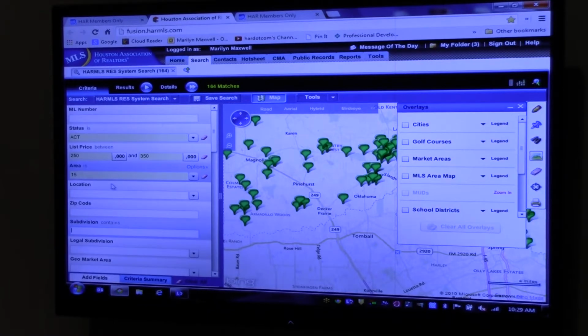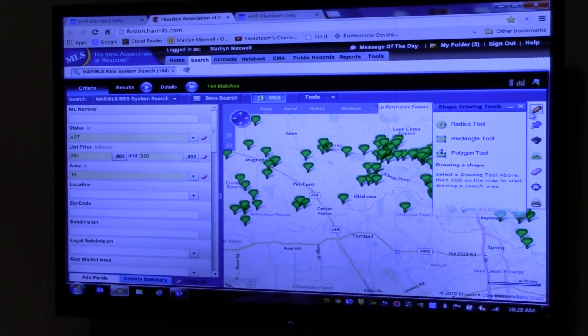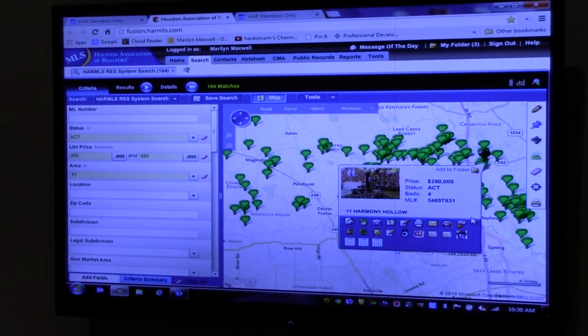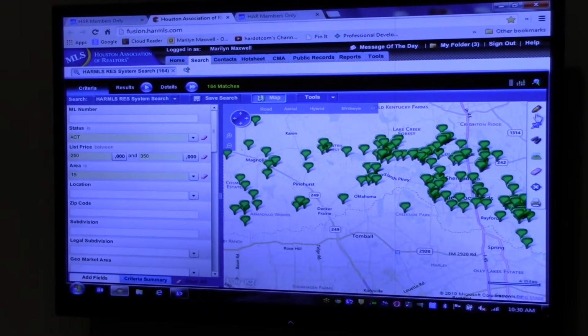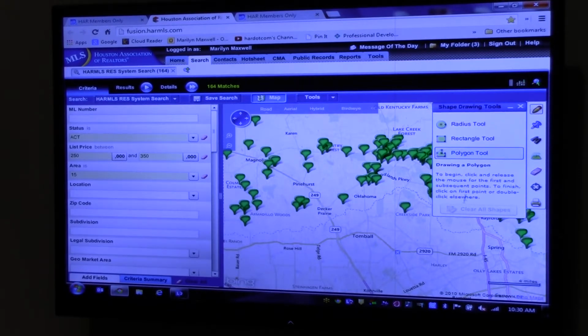Right. And that's also where the search by map comes in really handy. I don't know what you've called it, but I know it's right here, right? You can just draw a box and say, that's it, just look right there geographically. So again, I'll pick up the polygon just to illustrate that one. I think that's the more common tool, if we can get it to work, polygon. And then you just come to the map and click and let go, and every time you need to change direction,